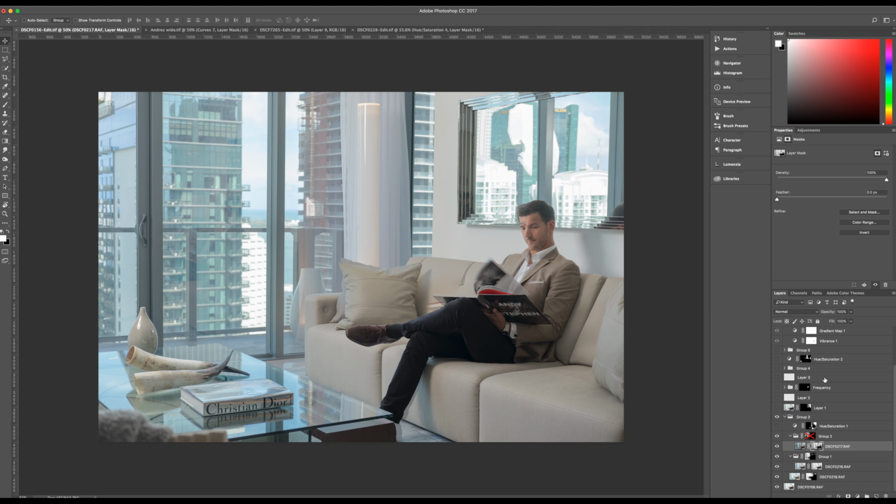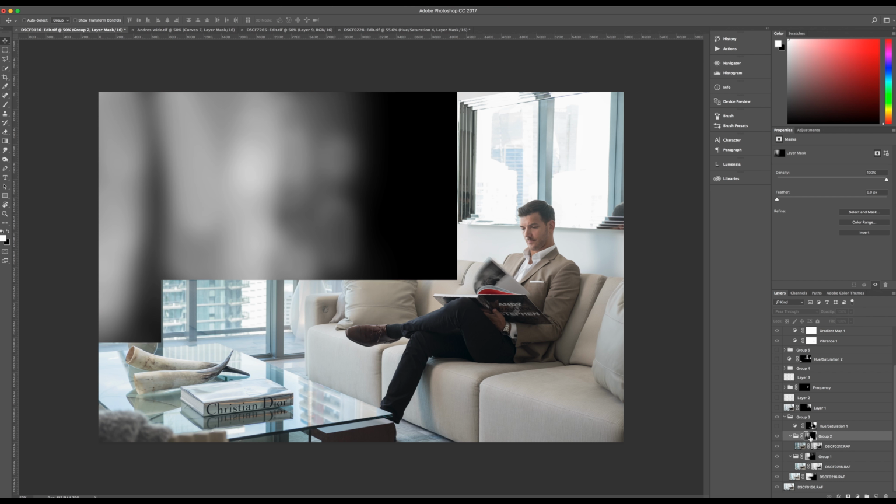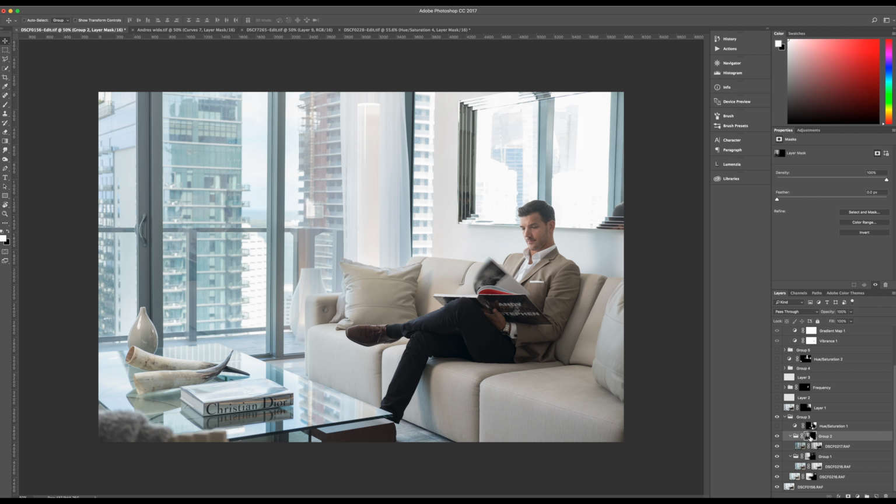Then I put it in a group, as you can see right here, and put an inverted black mask there, and then I painted the areas that I wanted affected, essentially creating the effect I wanted. The view is there, it's preserved, but it's not in your face. It doesn't dominate the image, and it's just there enough to see that there's water and skyscrapers behind them,